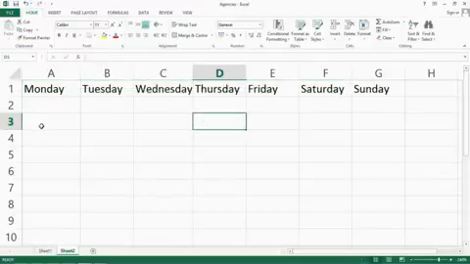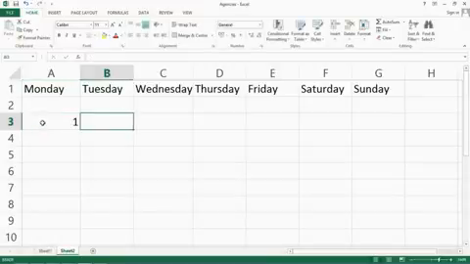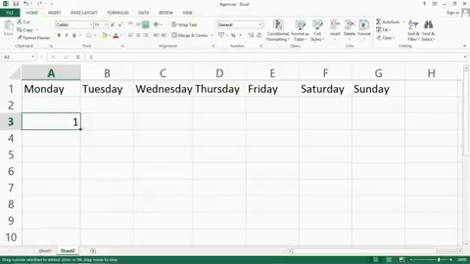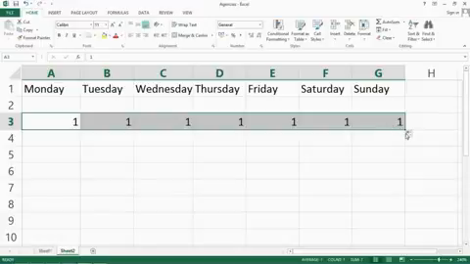I could have also done that with numbers as well. 1 here. I'll use my tab key to jump to cell B3. Go back to cell A3, where the 1 is. Bottom right hand corner of the cell, left click, run it across. Even though we're just seeing ones, when we get to Sunday here, column G, I go to my autofill options, click the down arrow and go to Fill Series